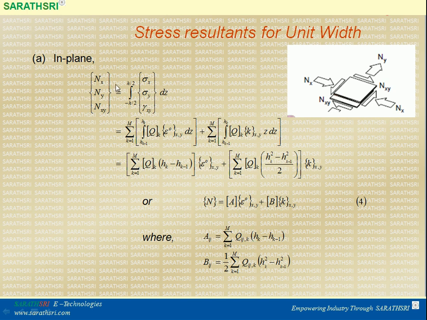In case of forces acting on the laminate, that can give rise to a stress field. This is obtained through this relationship. Finally this can be formulated into the A matrix, which is a function of the Q matrix and its distance from the mid layer to the particular location of interest. In case of the B matrix, this is also a function of the Q matrix and the distance from the mid layer to the location of interest. It is like a square term. This is like a linear one and this is like some kind of curvature effect,